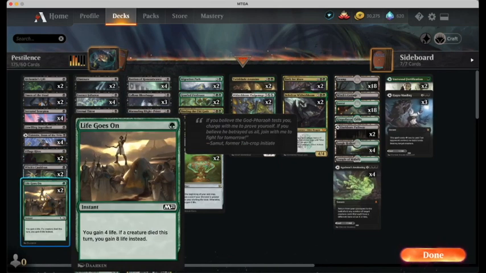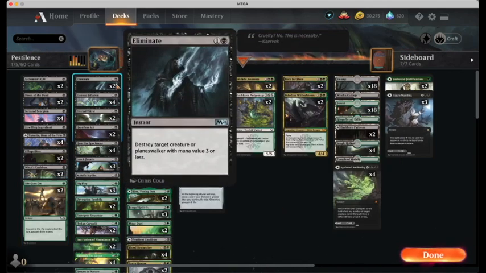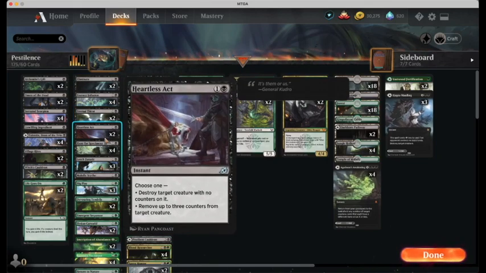As everything is dying, you have Life Goes On, because if a creature died and you pay 1 green, you're getting 8 life. Moving in to our 2-drops, we start getting into our control. Alright, we have Eliminate, Heartless Act,